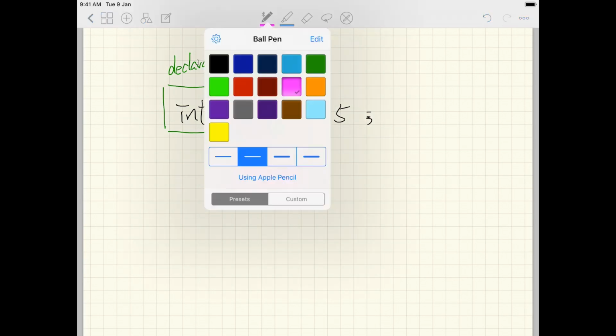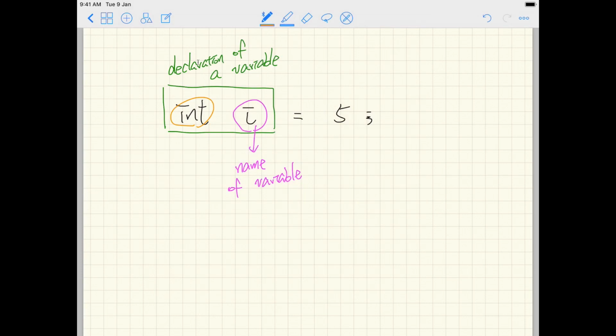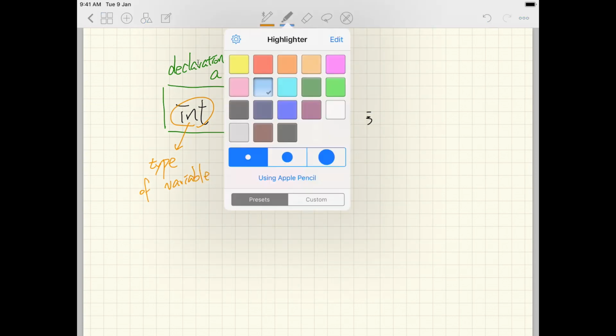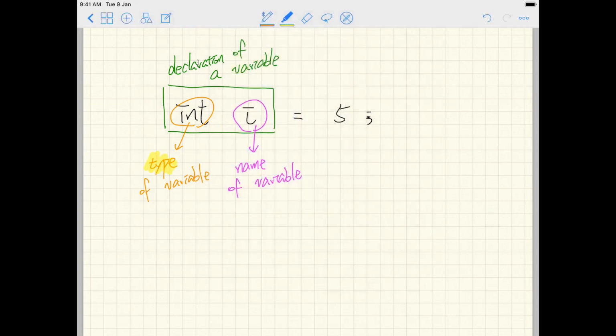And over here, the int is the so-called type, the type of variable. Type is a very important concept that I'll keep emphasizing throughout the course. So what does type mean? You can think of it this way. Type simply means